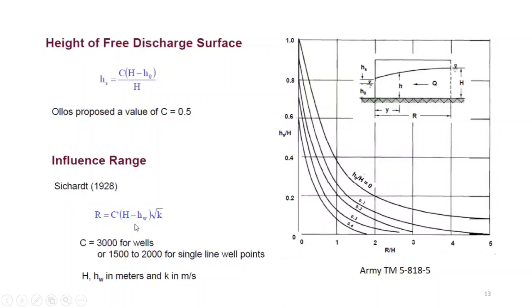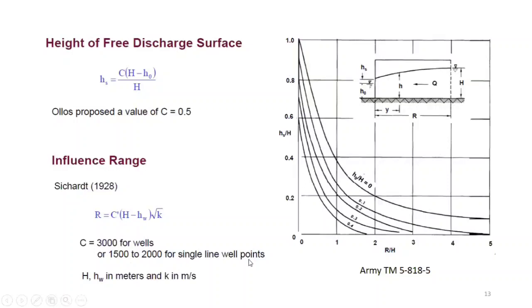So if you have the values of, yeah, this is quite interesting over here, that you are looking for permeability of the soil through the test, and you already need the permeability value over here. So this is kind of, I'll show you with the other example later on, how you would use these numbers. Okay. So C is a constant given for wells, 3000, and this range for single line well points means